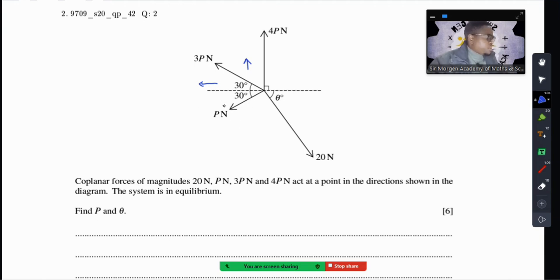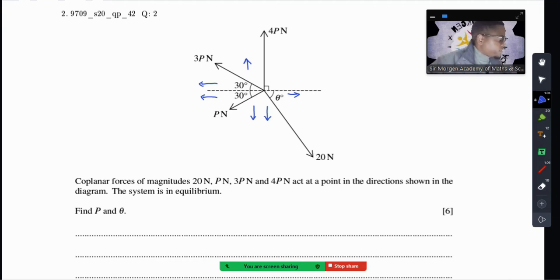And then the p newtons, its horizontal component is in this direction, the vertical component is downwards. Then for the 20 newton force, the horizontal component is in this direction and the vertical component is downwards, all right? So resolving 3p newtons,